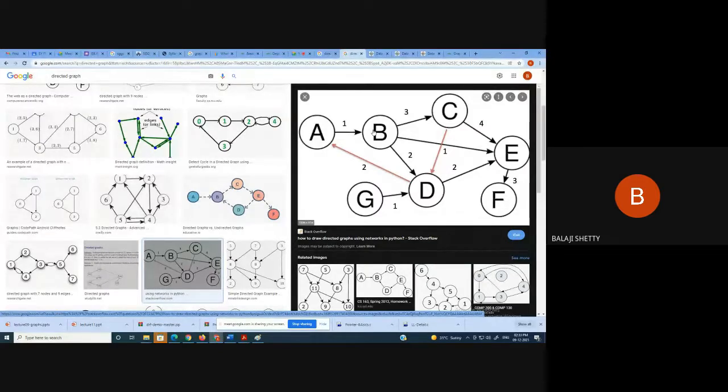So depending on your interpretation, meanings get changed. Okay, this is your directed graph. Here you can see A to B, B to C, C to E, E to D, D to B. Now there is no path. There is a path from B to